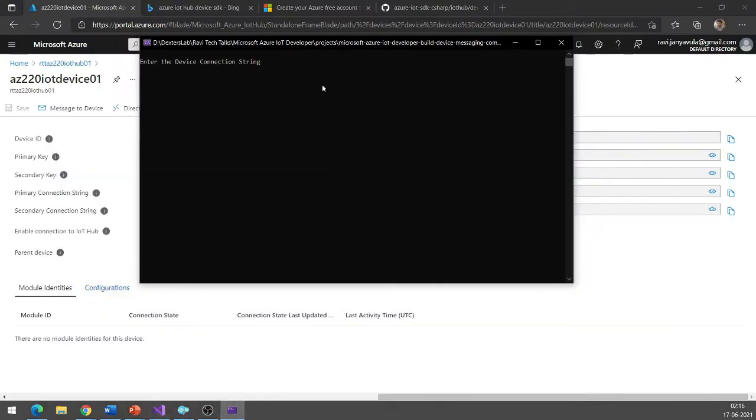Okay, so it is asking us for our device connection string. I have pasted the device connection string that I have copied. If you look at the device connection string, it basically has the host name, that is the URL, along with azure-devices.net. This is what helps in identifying or locating our device. This is the host name with which the device will communicate. It also has the device ID and shared access key, which is used for authentication. So now it is connected to the hub, and if we enter any message, it will come to our Azure IoT Hub.